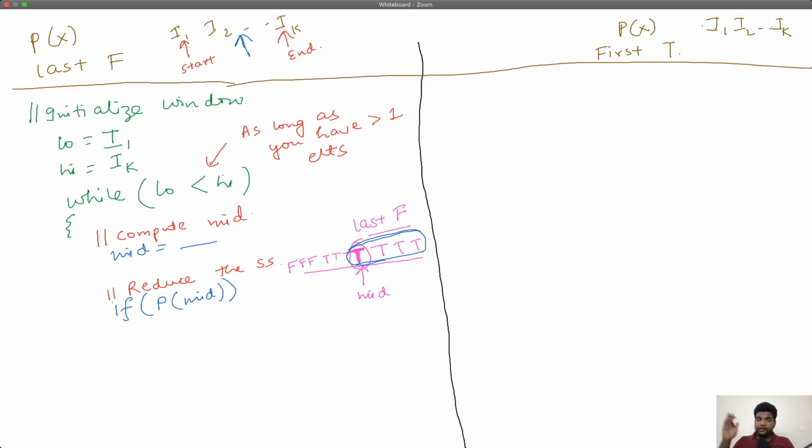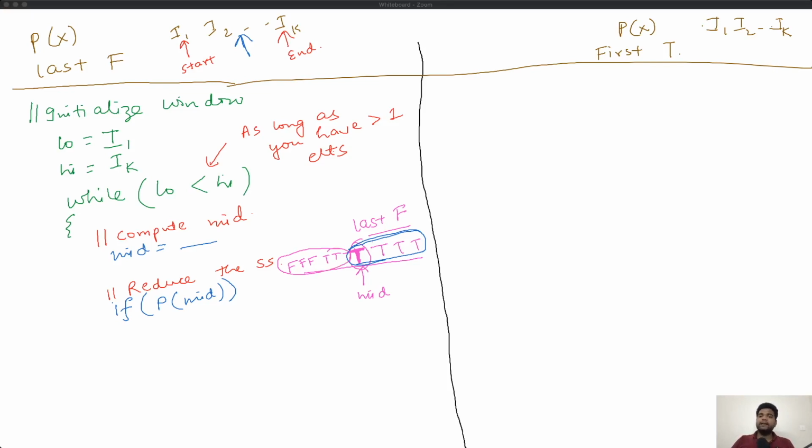Everything to the right of mid, including mid, is not necessary or no longer relevant for you. The last F will never be found there. So now logically your search space should become this first half of the array excluding the mid.